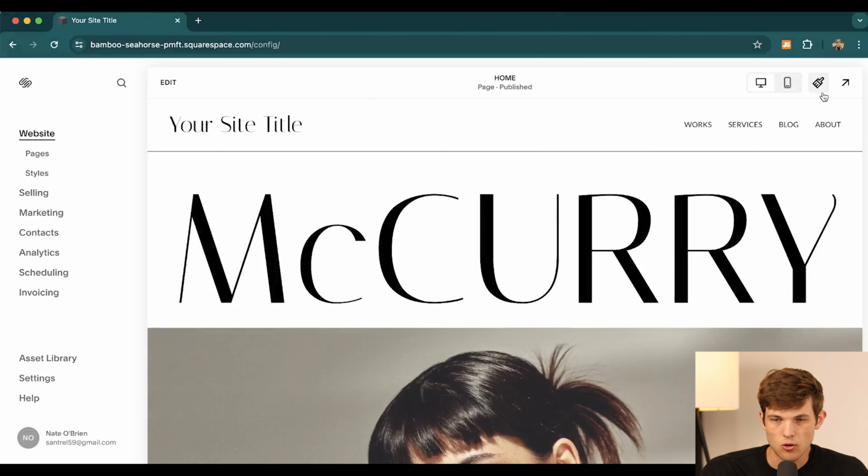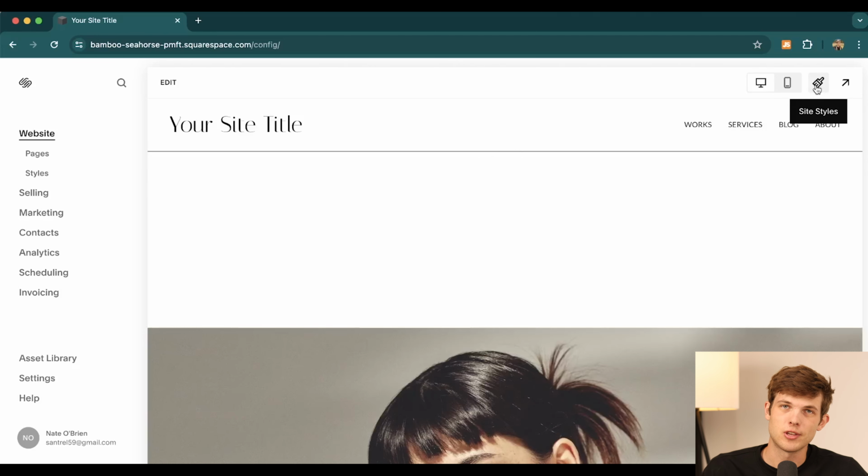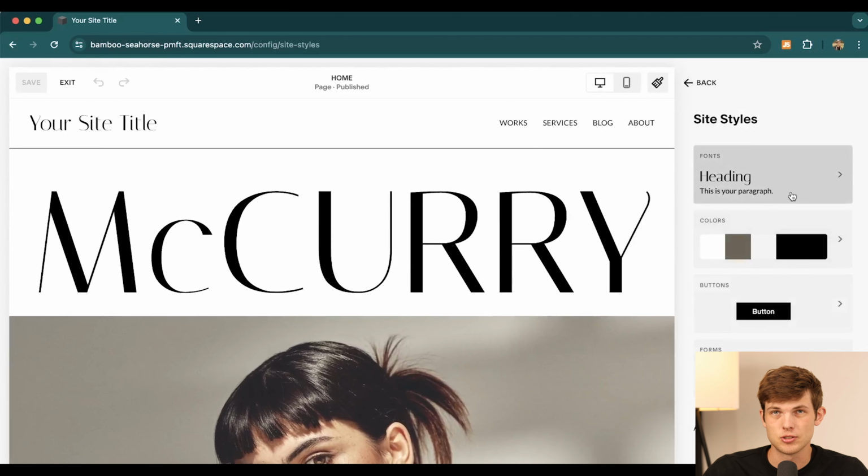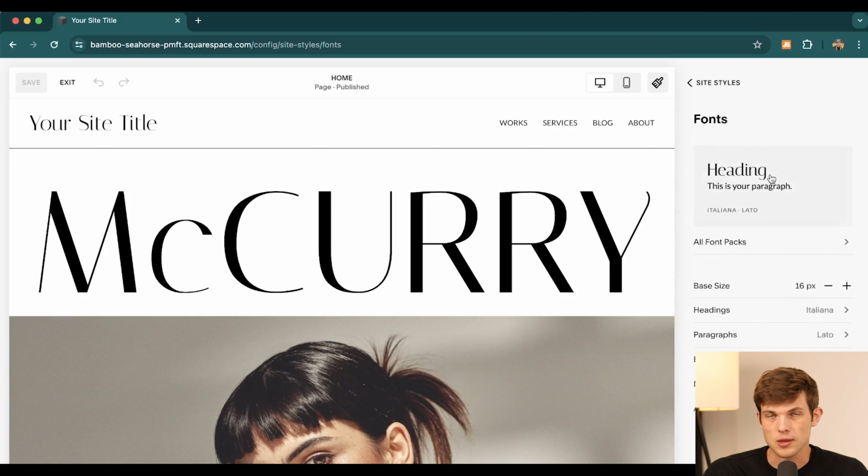Now, in the upper right corner, we have something called Site Styles. If we click on this, this is going to be basically our color scheme and then also things like our font for our website. Now, you can modify this as much as you would like. Just a pro tip here, though, that if you picked a theme, like a pre-made theme, most likely these themes were created by designers, people who know what they're doing. And so for the most part, a lot of these